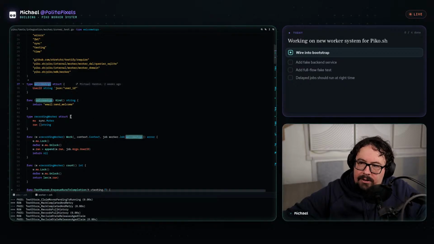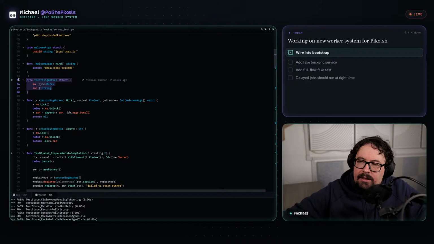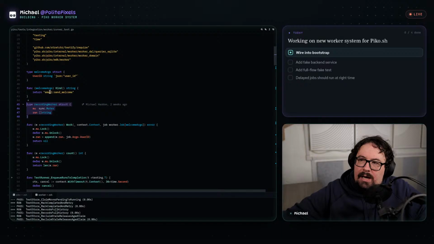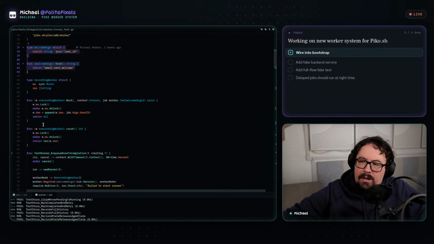So you have your arguments. You're able to say the kind of job that it is, and this will be used for routing purposes. You're able to define the worker itself, so you can put your own work method on your worker, and then have your arguments which can be configured for different types of jobs for that piece of work.